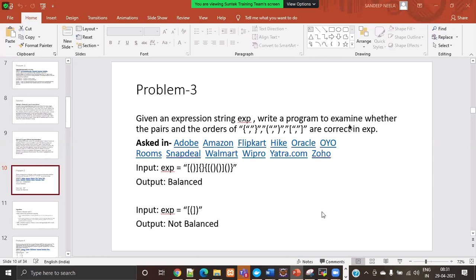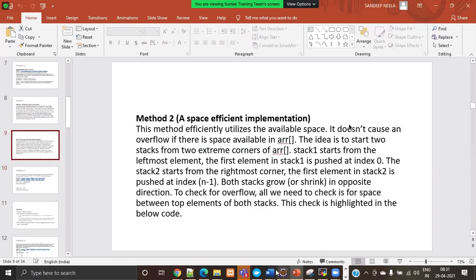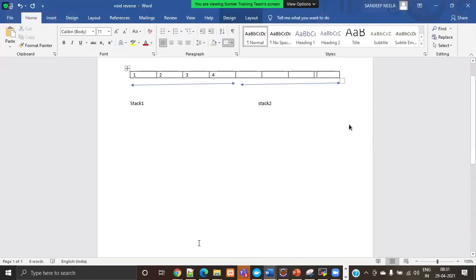So we'll see how this is balanced. We'll see this problem only, how he wants to explain. In the first approach, we started the pointer for the first stack over here, and the second pointer was starting over here.